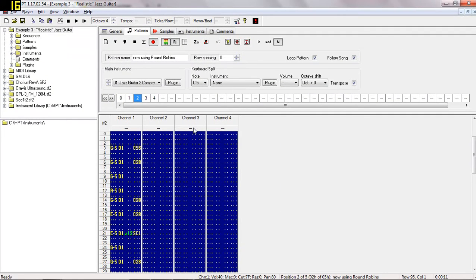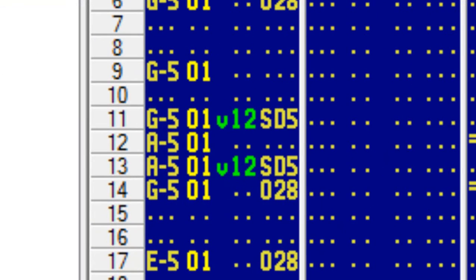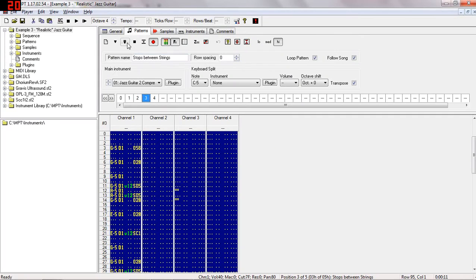One thing you've got to remember with guitars is that not every note is played on the same string. The guitarist is going to switch strings several times to get to different notes. So in every place where that's likely to happen, I've put in a small stop, but instead of using note cut, I've used note delay. To make this work, I have to set the note delay to the song's speed minus 1. In this case the song's speed is 6, so I set the delay to 5, and if we play that,